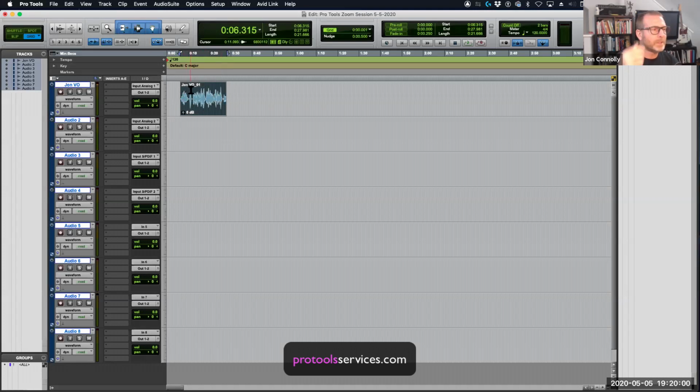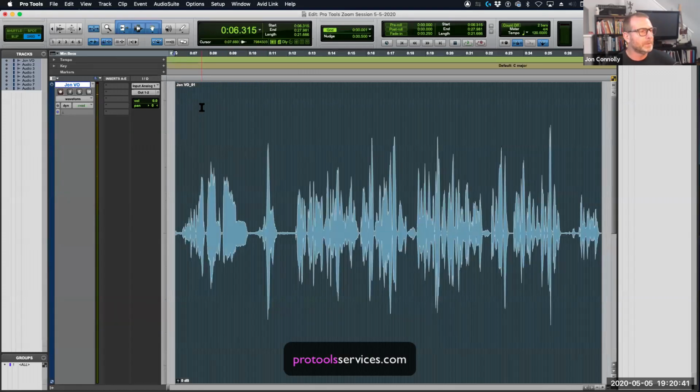This is what Chuck and I were talking about earlier. A lot of people find the Smart Tool kind of cumbersome because when you are zoomed out and dealing with a clip that's very small in terms of your screen resolution, the Smart Tool can be a little bit challenging. So we're going to employ a shortcut that I use at least 1,000 times in a day. It's the E key, but it only works if you have this little A to Z button lit right here. This focuses your QWERTY keyboard, Mac or PC, to the timeline. So I've made a selection of this clip, I hit the E key, and it blows it up.